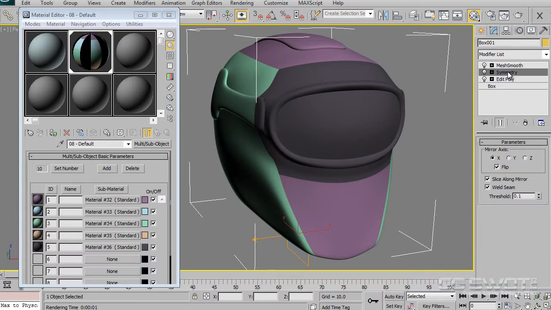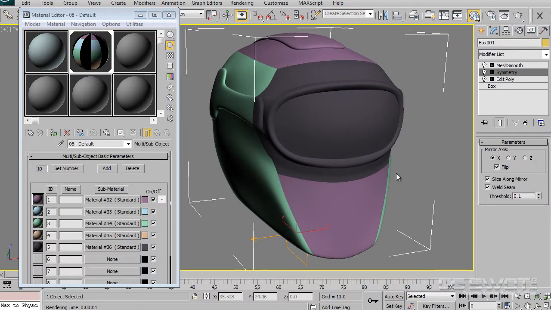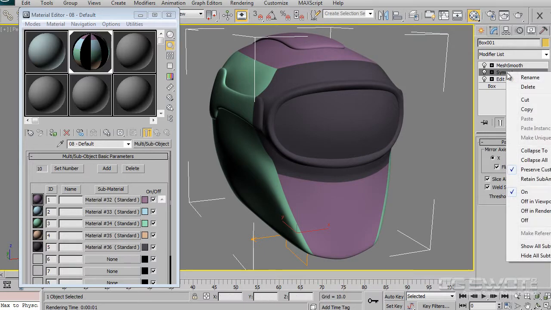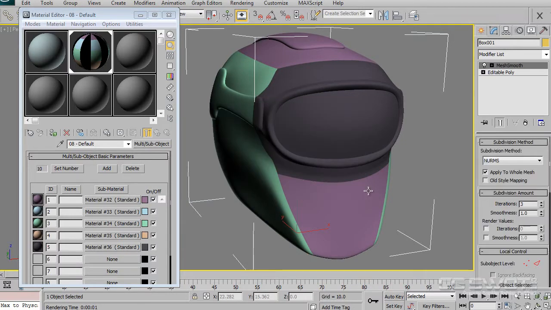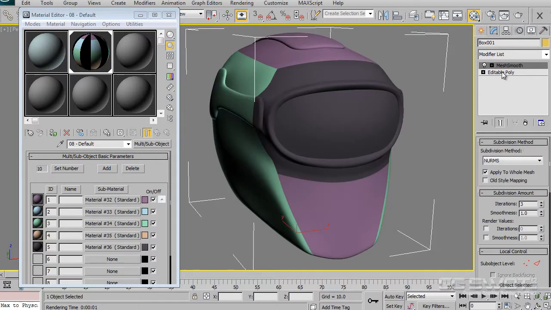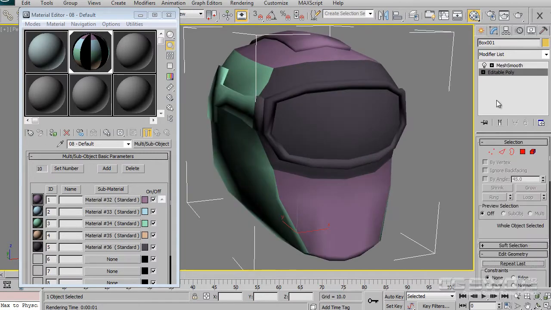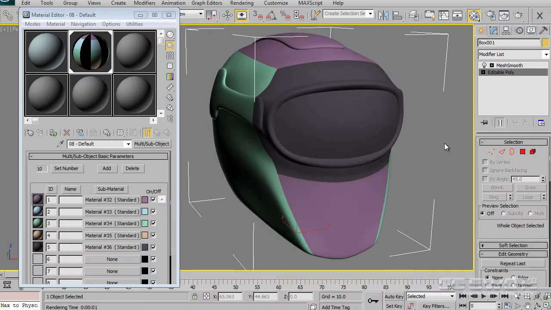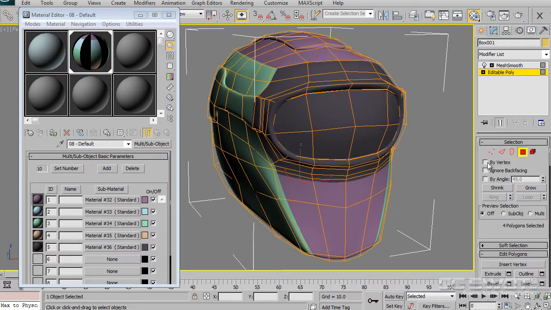You only do this when you are happy with the model and you know that you're not going to be doing any more modeling on the character, or if so, very minimal modeling, and there are techniques you can use to do that. So I'm just going to right click and collapse to, and just go OK. And so now I just have my edit poly and my mesh smooth on top. So I'm just going to click on my edit poly. I'm going to show end result by clicking the toggle,